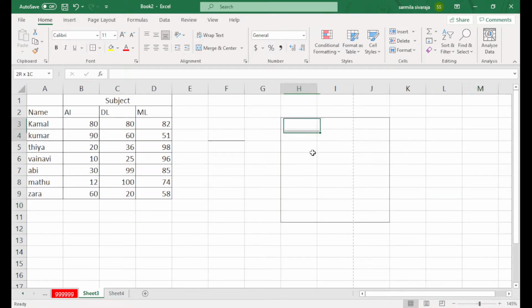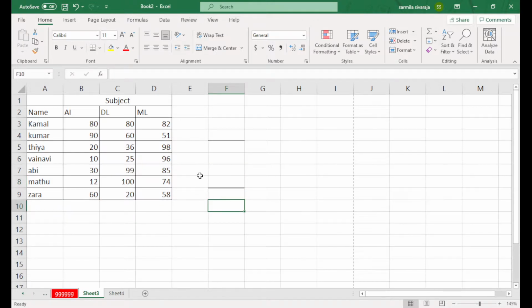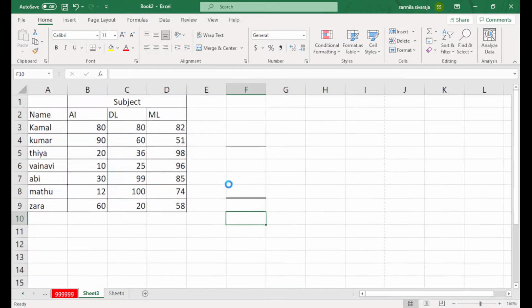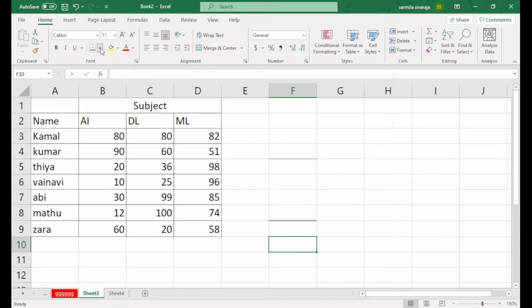If you wish, I will remove all the borders. Then if I need, I will set a thick border or a bottom border as a double line. Sometimes we look at math papers, right? It's like two lines, yes, a two-line border here. So that's the thing under the borders.